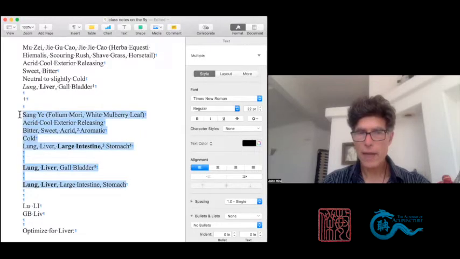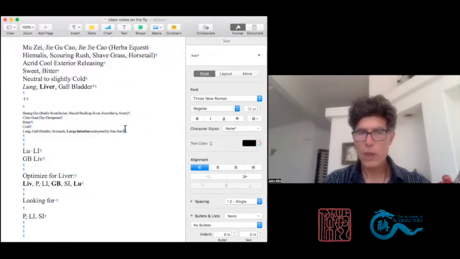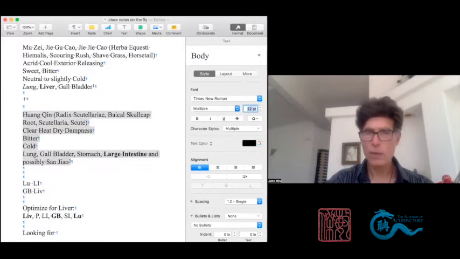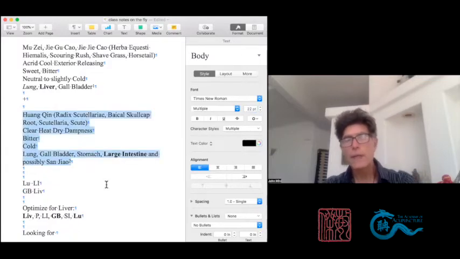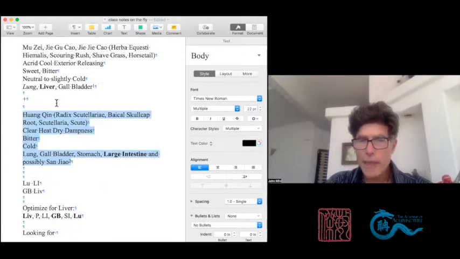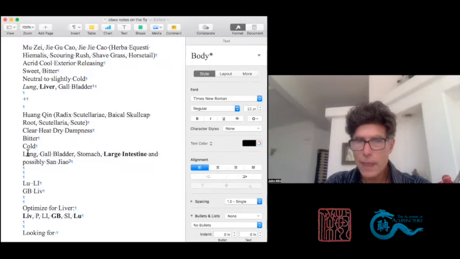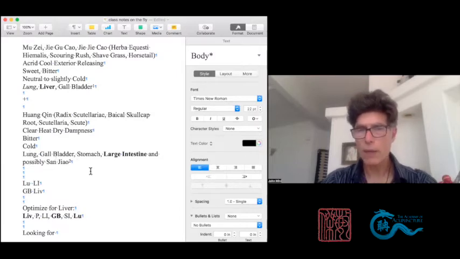Let's try to add some Hongqin. Very frequently using this herb, Hongqin. So we'd be stacking up the lung and the gallbladder here. Stacking up the lung and the gallbladder. No liver with that Hongqin, but we do have large intestine, which is also going to go well